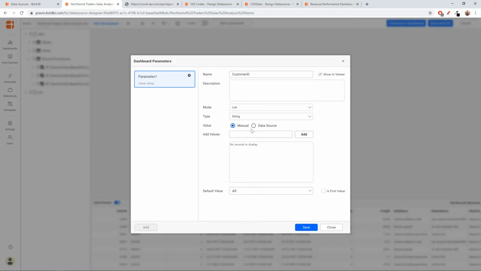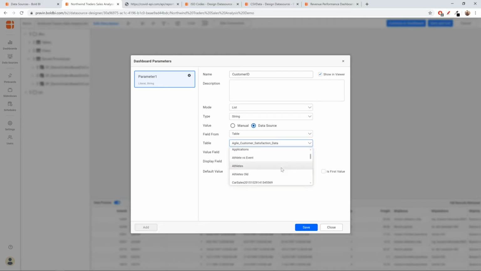Or in case of list, you can also import the values from a data source. Like so, we have the data source now. I can either use the values in this data source, or I can pick a set of values from a column that we have. So I'll just go to the table option. You'll be able to see all the tables that you have in this data source. Let me choose customers.